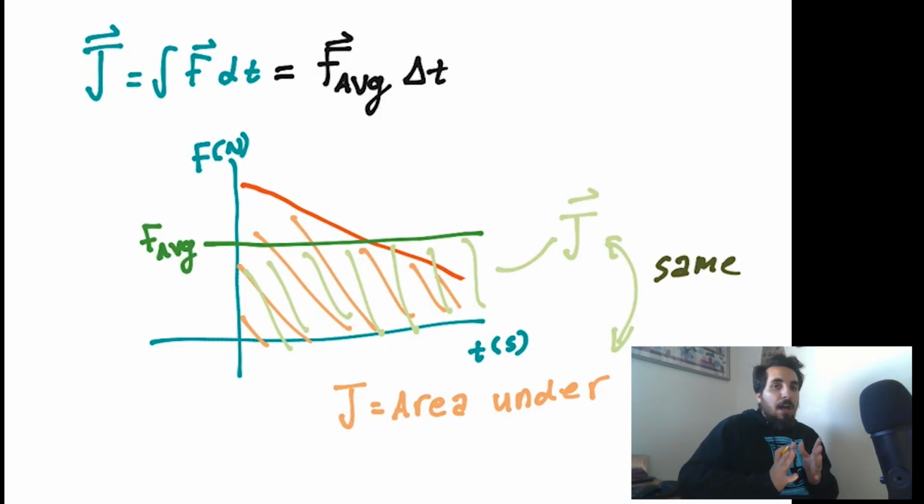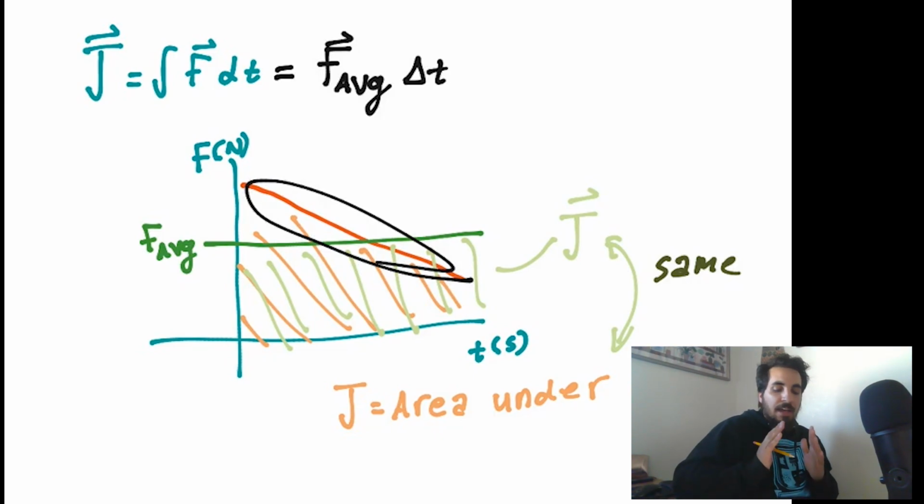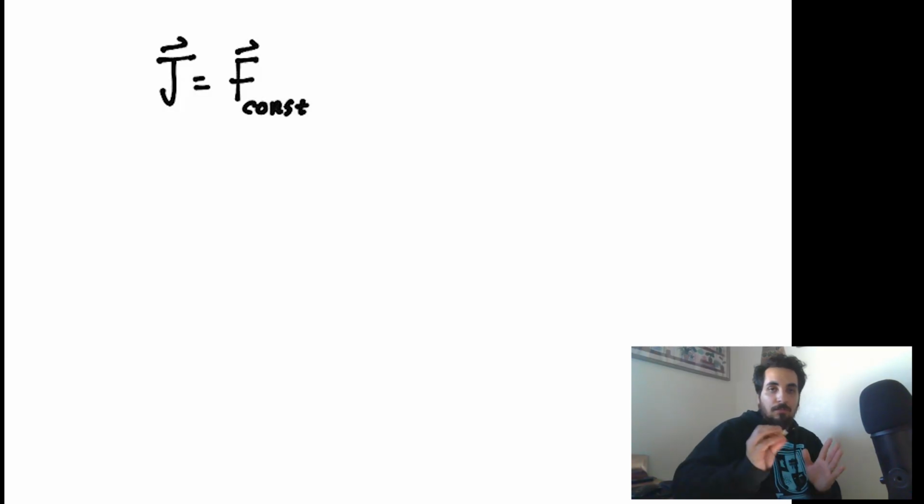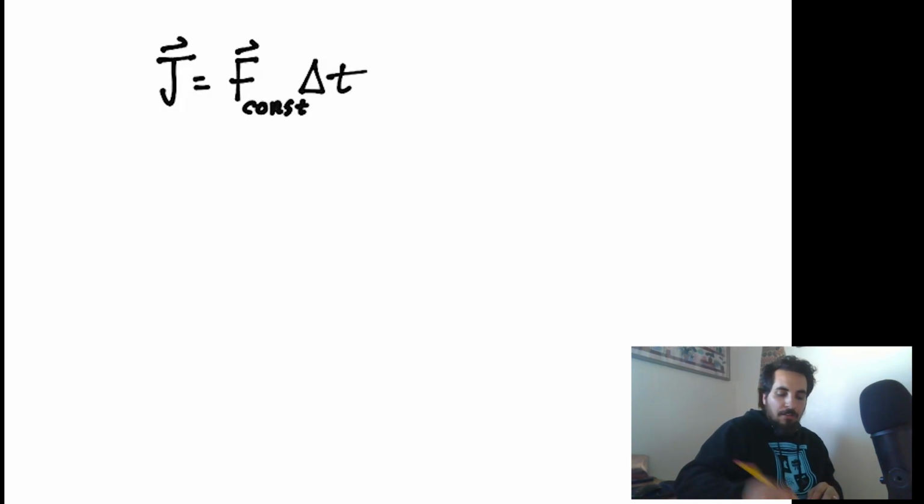So even if we have a non-constant force, such as this red line right here, we can always represent it with some average force, and that average force is a constant force. And it gives us this simplification. So where does that leave us? That leaves us with this idea that your impulse can be represented in a number of different ways, right? If it is a constant force, we can say it is equal to that constant force value, and again, only constant force, multiplied by delta t.